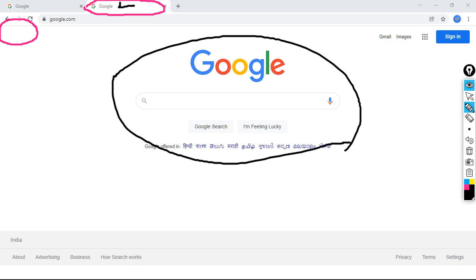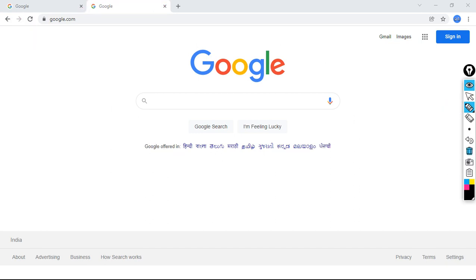Okay, so this is what happened after clicking on the link name. Now let me click on the back arrow. See here, what is the color? It's blue because we have visited that link. Understood?